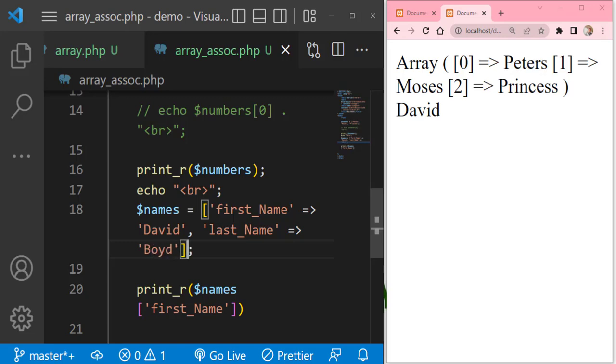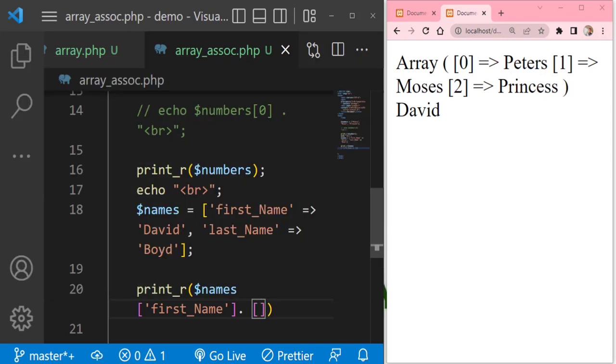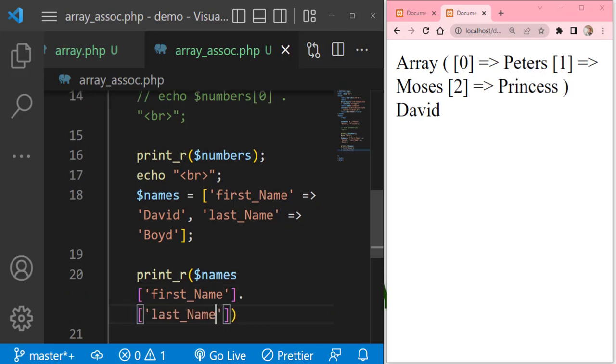Okay, so to get this, we're going to have to put a dot here and put in a quote, last name, then that gives us